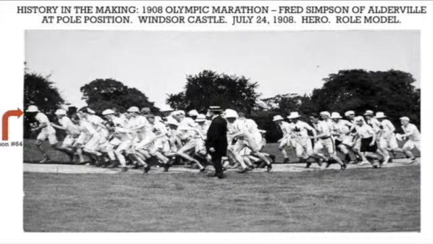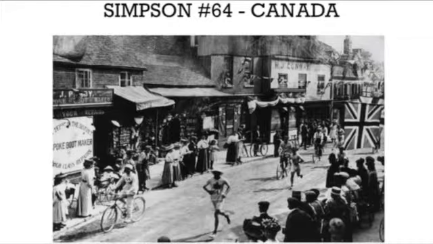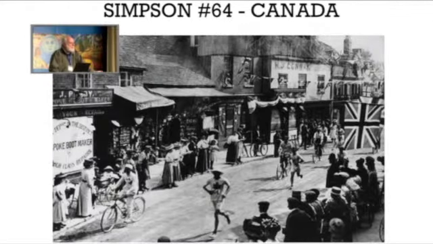Next slide, please. And here is another photograph of Simpson, number 64, running through the streets of London. This fella here, the '08 Olympic Marathon is famous for the pathetic display of courage, the courageous attempt by Dorando Pietri as he came into the stadium, and he was delirious, and he collapsed 4 times, and he almost died actually. And the British, who hated the Americans, they dragged Dorando Pietri over the finish line, and he was disqualified.